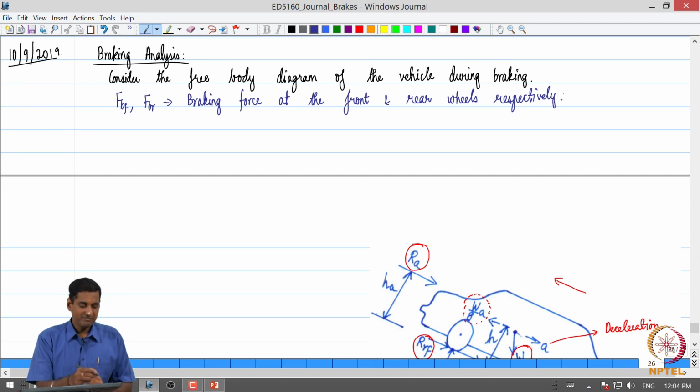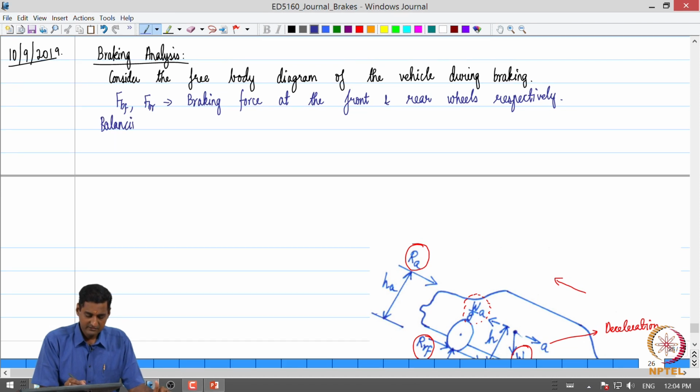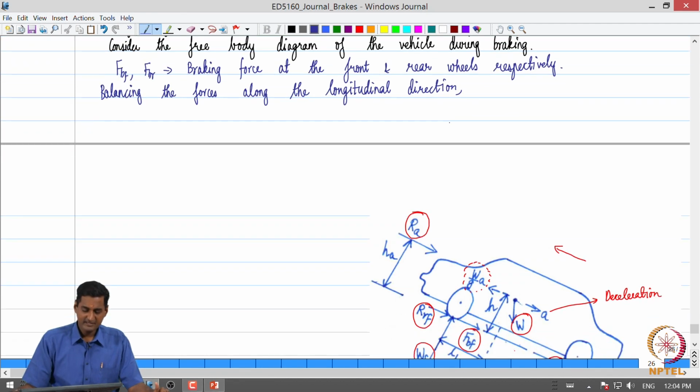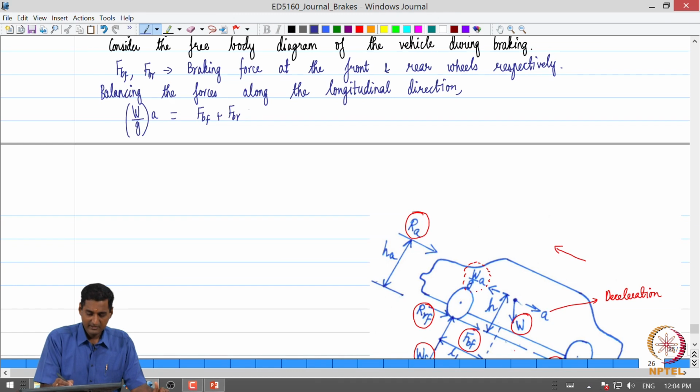Now if we balance the forces along the longitudinal direction, we obtain in this particular case, W by g times A, that is nothing but m times A, is going to be equal to FBF plus FBR plus RRF plus RRR, which are the rolling resistances, plus RA plus RD